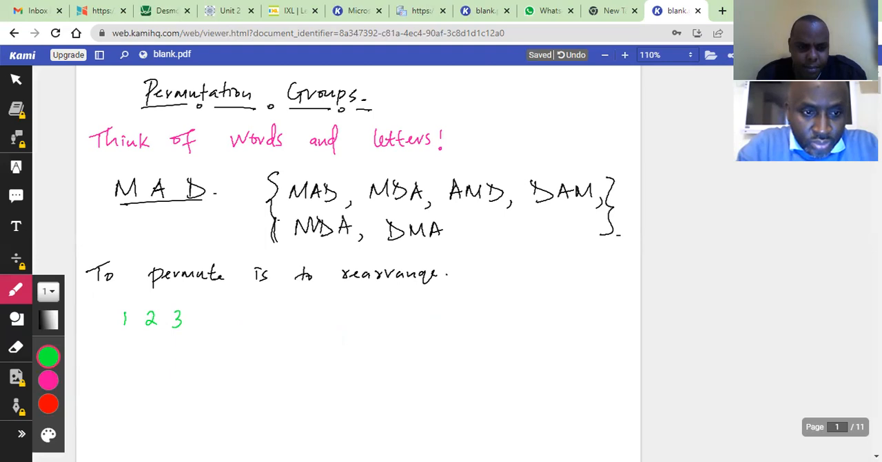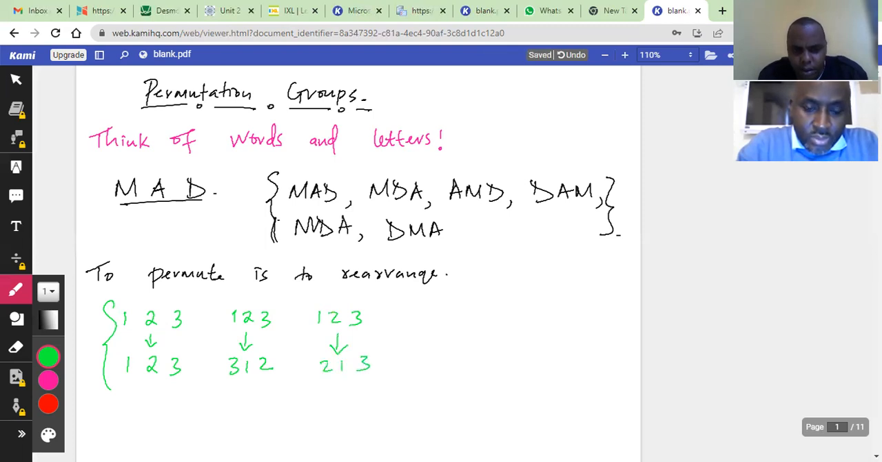Let's have 1, 2, 3 going to 1, 2, 3. Then we can have 1, 2, 3 going to 3, 1, 2. We can also rearrange 1, 2, 3 and move to 2, 1, 3. We can also have 1, 2, 3 being taken to 1, 3, 2. We can also have 1, 2, 3 being taken to